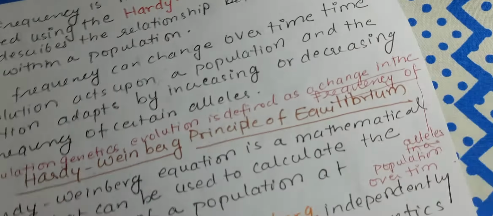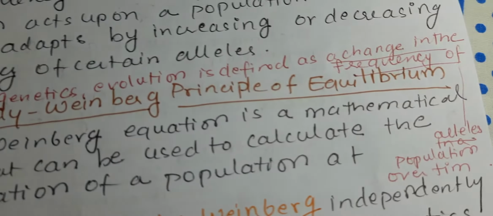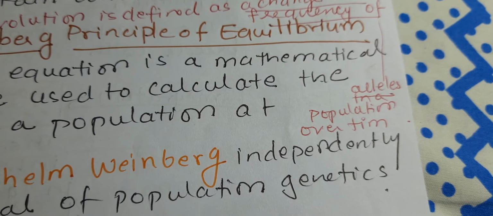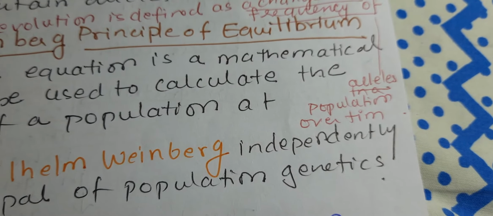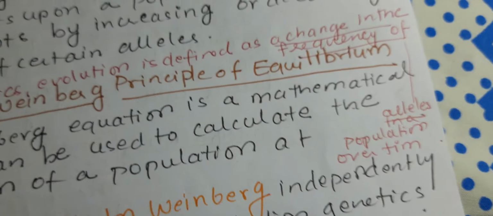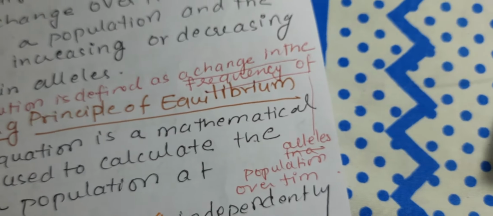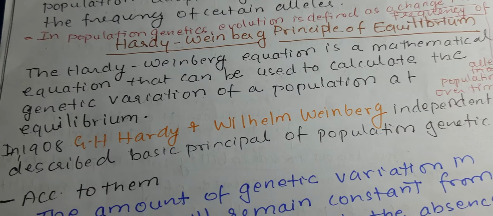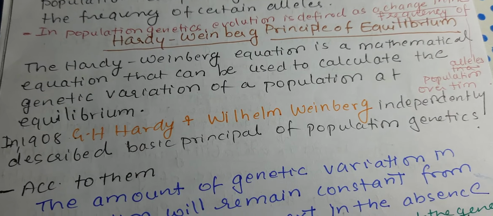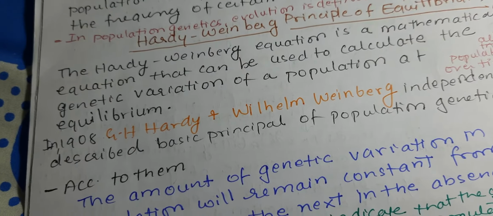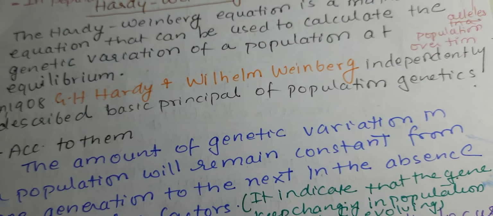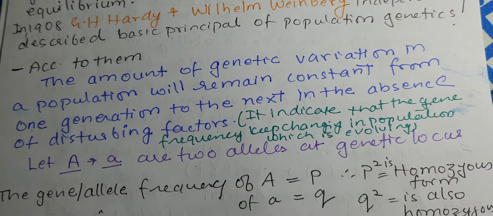Now look at this statement. In population genetics, evolution is defined as the change in the frequency of alleles in the population over a period of time. So population genetics describes evolution in terms of allelic frequency. The Hardy-Weinberg equation is the mathematical equation that can be used to calculate the genetic variation of a population at equilibrium. In 1908, Hardy and Weinberg independently described the basic principle of population genetics, and according to them the amount of genetic